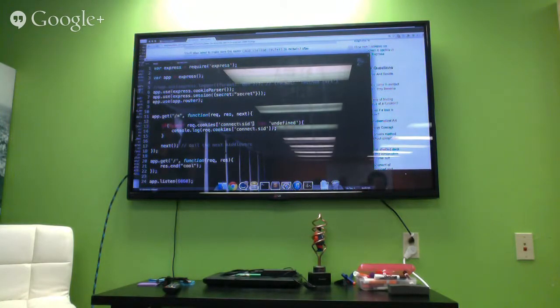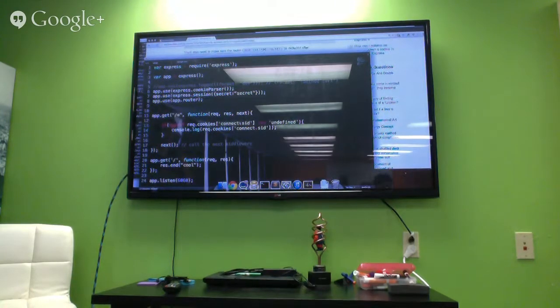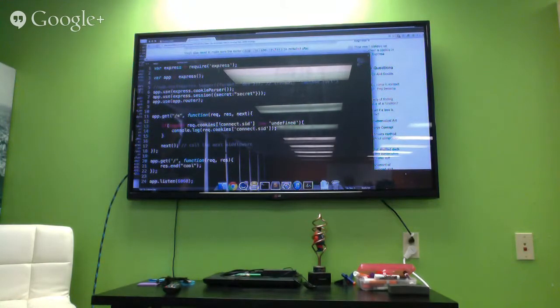And remember we talked about the special cookie that Express uses is called connect.sid. So what we're doing is we're looking through all the cookies for one named connect.sid, and this is basically a defined test, if that's familiar to you guys. How do you check if a variable exists in JavaScript? That's basically what that is. So if there is a cookie named connect.sid, I'm just going to print out whatever the value of that cookie is. Does that make sense to everybody? Mm-hmm.